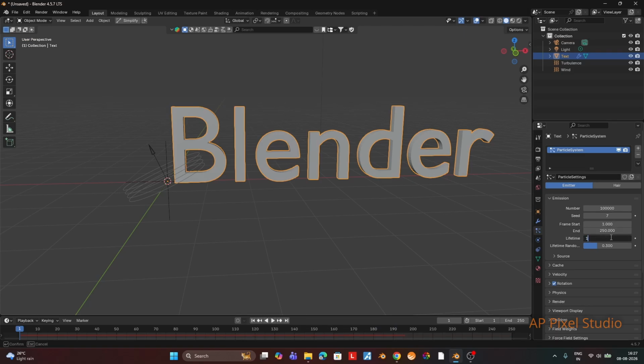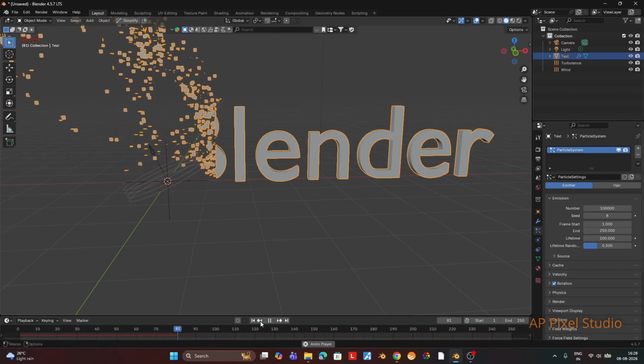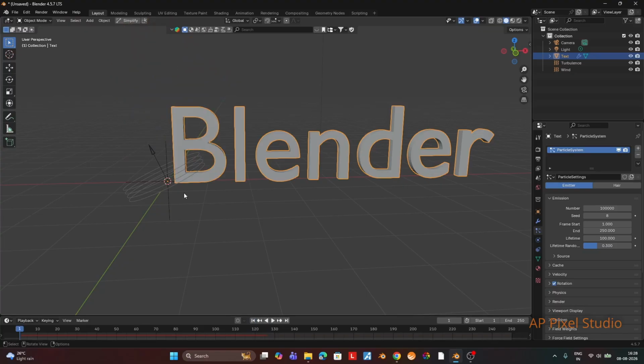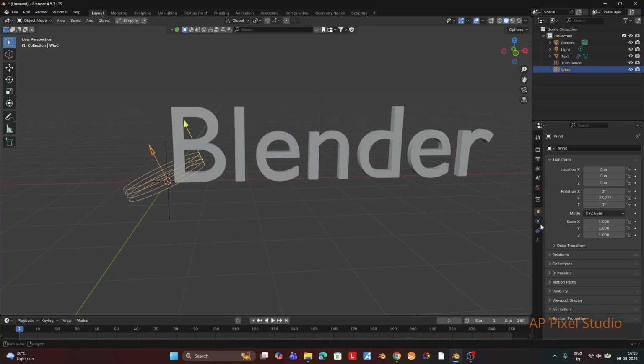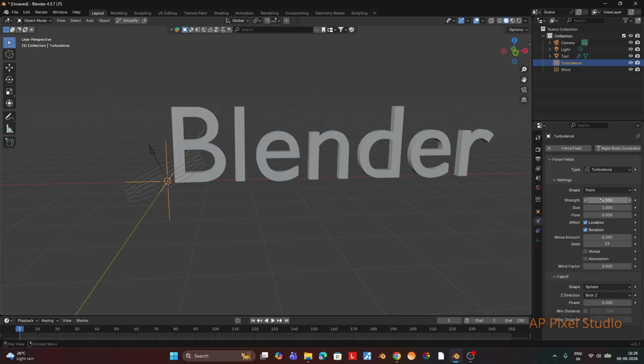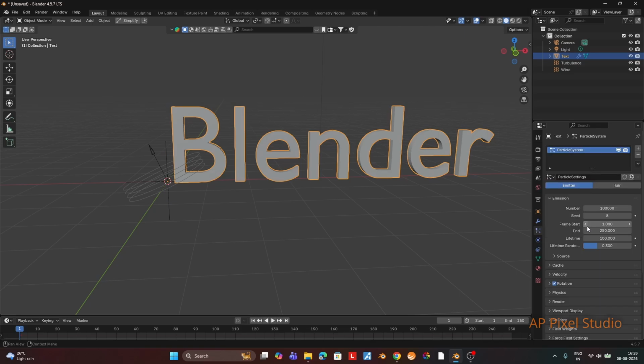So we will have the lifetime a little bit more because particles are getting destroyed early. Change the seed and if we just do it, you see it's randomly rotating and going up and it's not in one direction, it's going far away and particles are staying for a longer time. So we go to the turbulence field and we will reduce the strength a little bit because it's too much strength. And we will change the seed and play again.